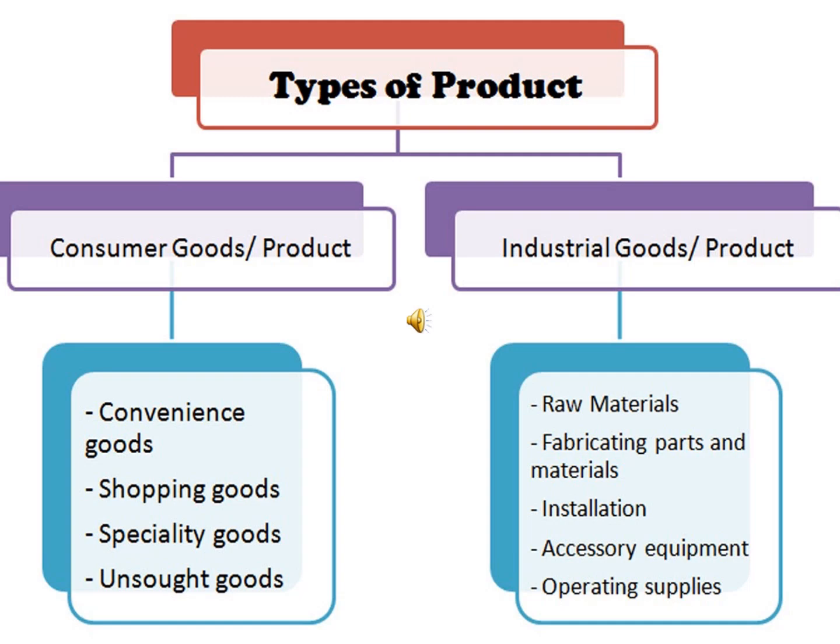Next, accessory equipment. These are portable goods which are necessary to keep the capital goods fit for operations, such as a screwdriver or any tool which will help to keep the machinery that is going to make the final product fit. So anything that is used to keep the other equipment and machinery healthy is accessory equipment.